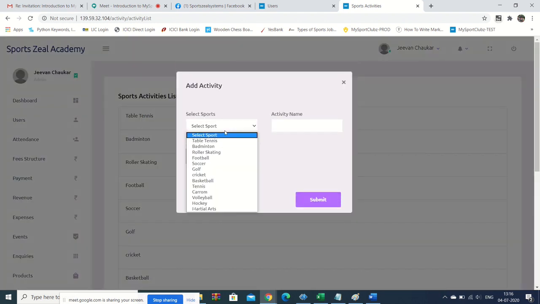Okay, so select sport, I'll select hockey, and I'll add the activity name. So let us say, any sports person, whether it is a hockey person, cricket person, football person, it doesn't matter, every person will do warm up, right? Every person will always do warm up, correct? Okay.